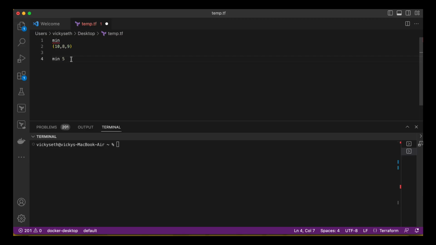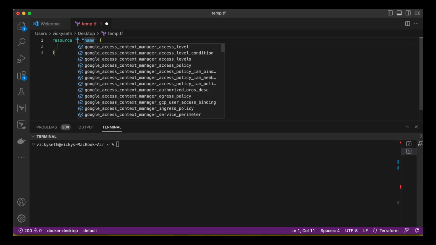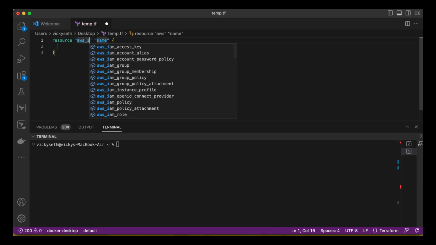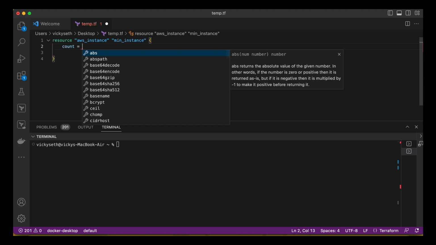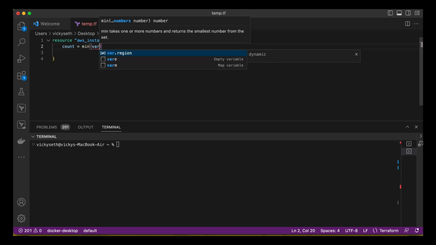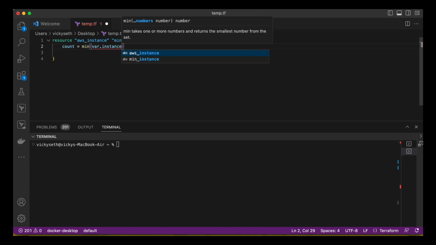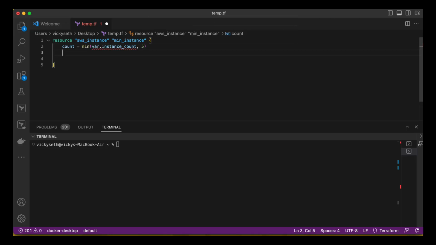Let me explain this with an example. Let me go to my code here. Let me have the resource. Then again, I have the AWS instance. Here I can have the logical name like instance. Then I have the required parameter like count. And here I have the function min(var.instance_count, 5). Then I have some of the required parameters like AMI and then instance type is equal to t2.micro or something. Let me set var.instance_count is equal to